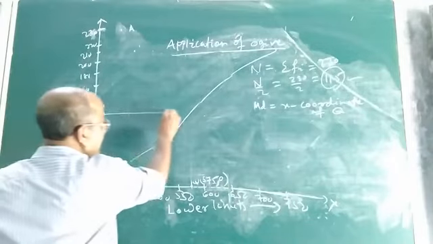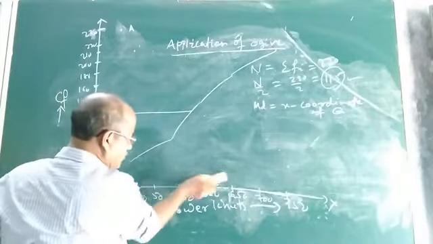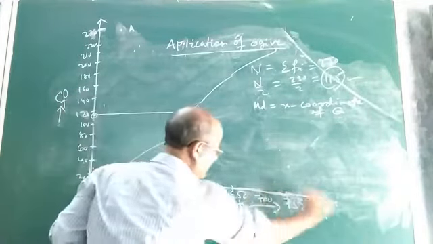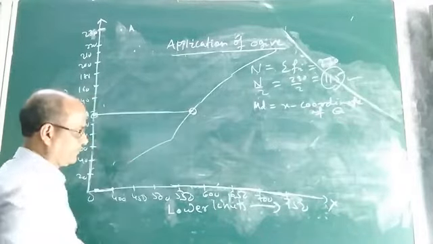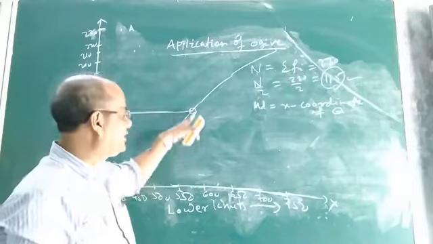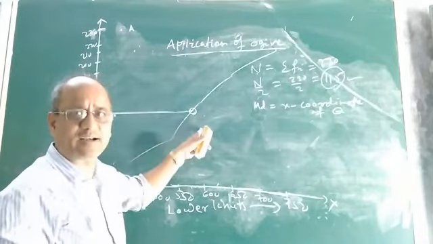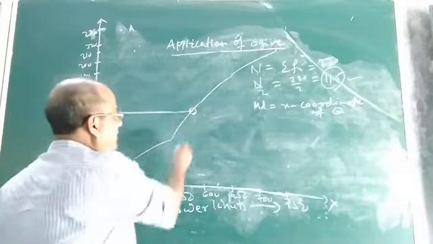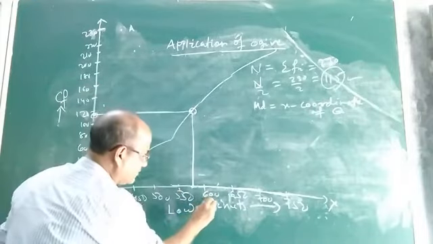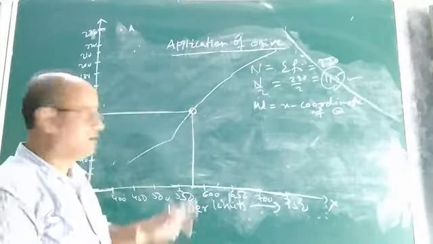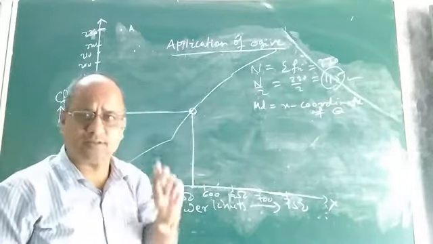Now from this point you draw a line parallel to the x-axis. Now I have drawn a line parallel. Now it intersects what? Look, it intersects the less than type ogive, or less than type cumulative frequency curve, at a point. From this point now you draw a perpendicular. Suppose this is the less than type ogive of a given continuous frequency distribution.